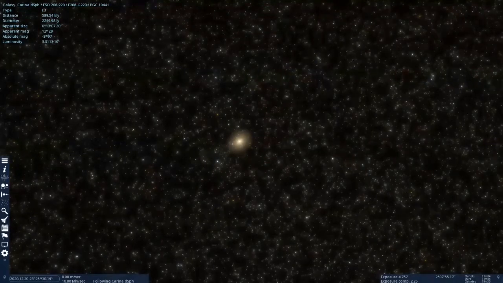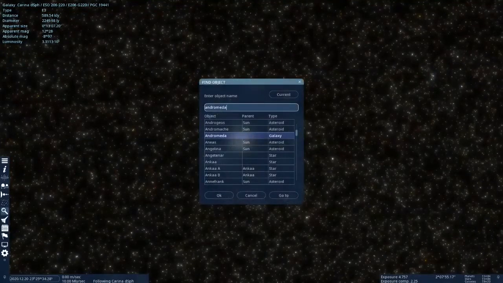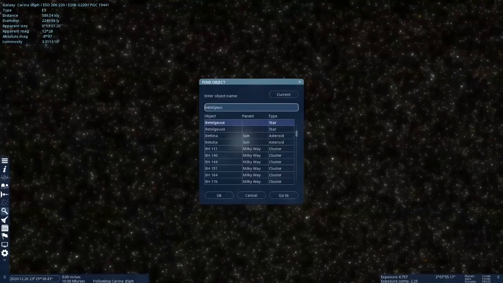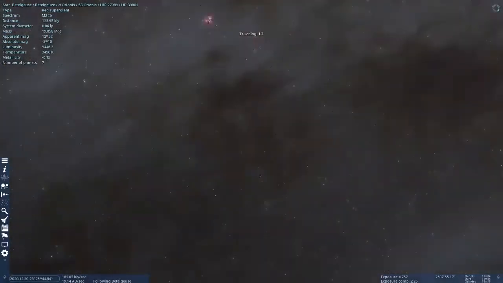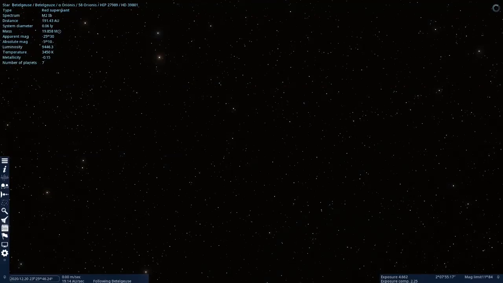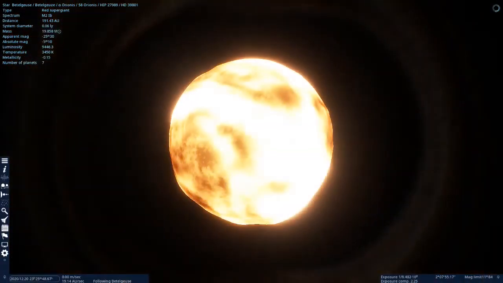Let's see what Betelgeuse really looks like. What this program thinks Betelgeuse looks like, I'm sure it will be interesting, though. That's one I haven't looked at, actually. Looks kind of lumpy.